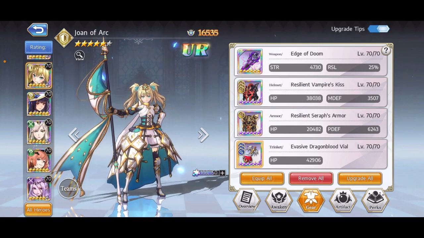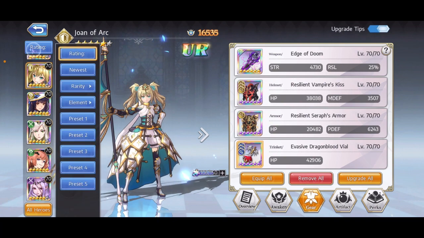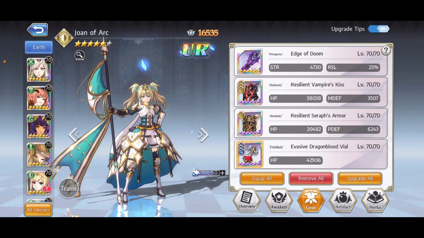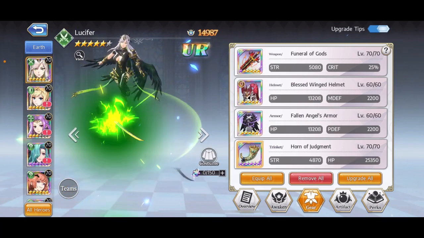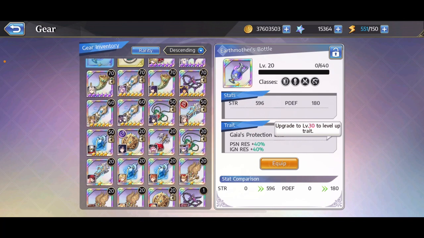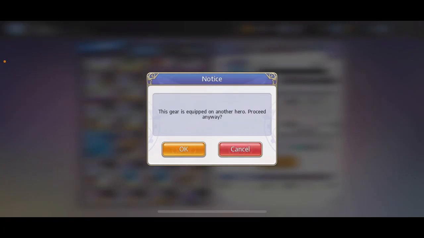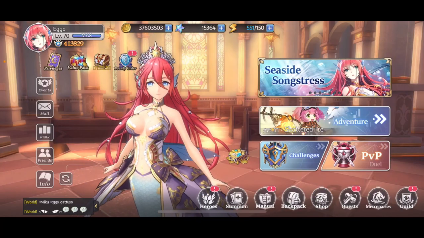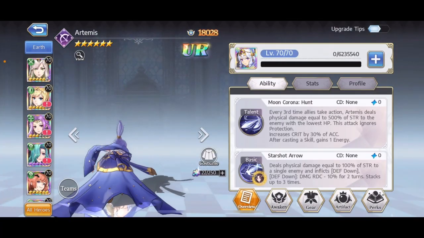And now my Valkyrie is sad because she has no Frost Giant Heart. I do have another Frost Giant Heart that I can bring up. See, I've got a couple down there. There's a level 51 that Gawain was using, so that's going to have to slide over for Valkyrie. But yeah, now I've got a